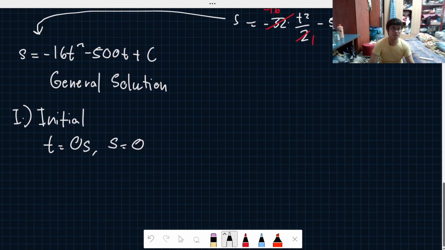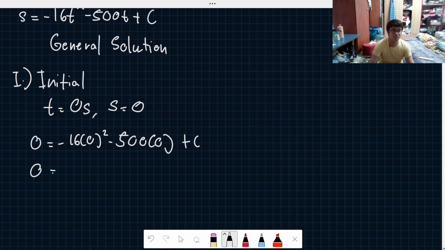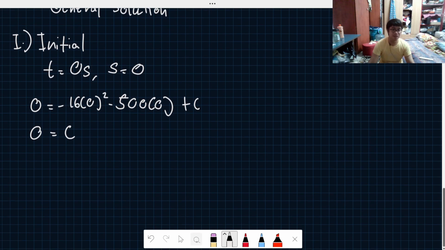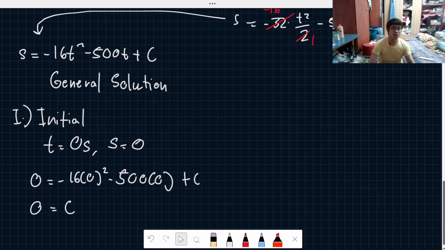So now we will substitute it in this general solution. You will have s as 0 is equal to negative 16 times 0 squared minus 500 times 0 plus c. All of them will result to 0. Negative 16 times 0 squared is 0, minus 500 times 0 is 0, so 0 minus 0 plus c is just c. So therefore your c is 0. Hence, your particular solution